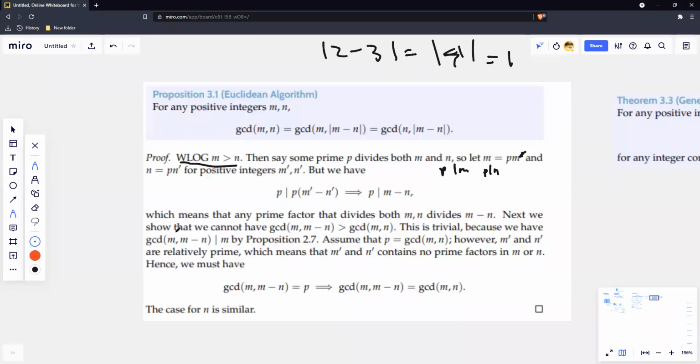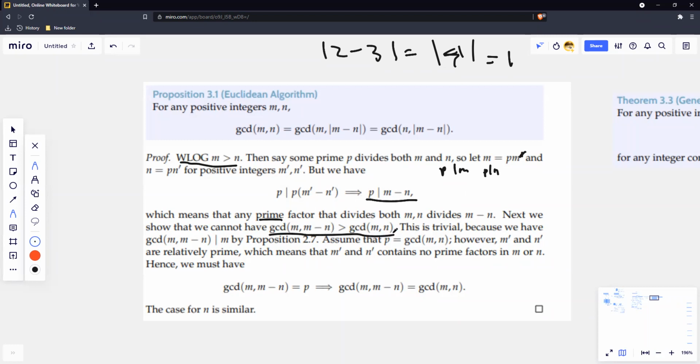Which means that any prime factor that divides both m and n divides m minus n. Next, we have to show that we can't have